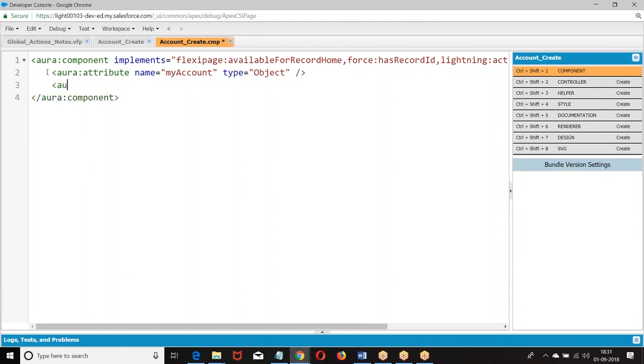We can make it object or we can make it, then we are going to create force record ID.